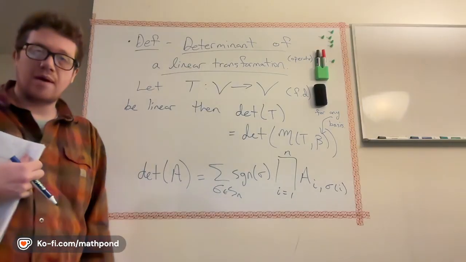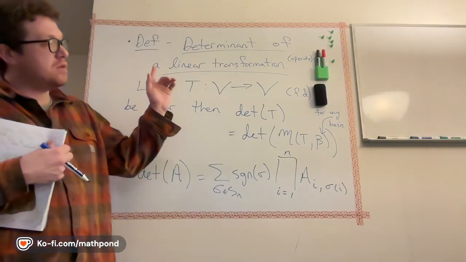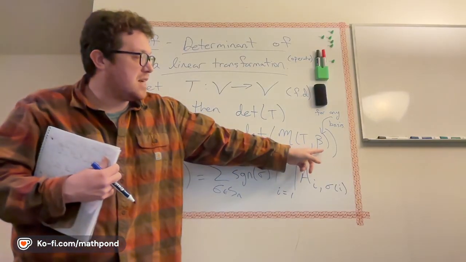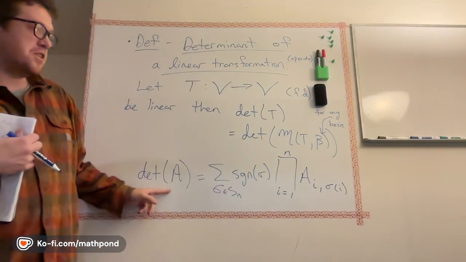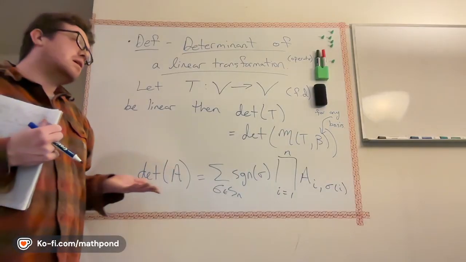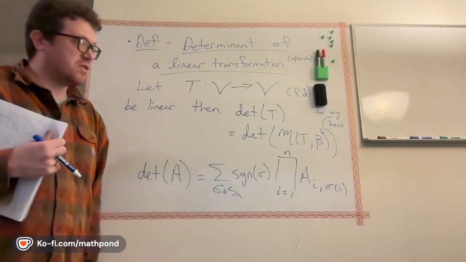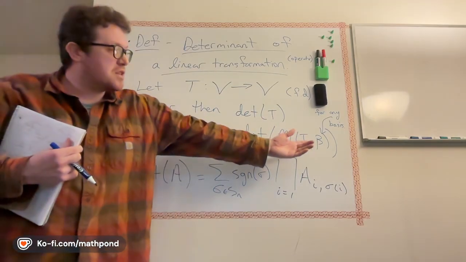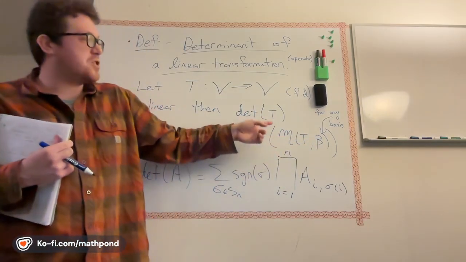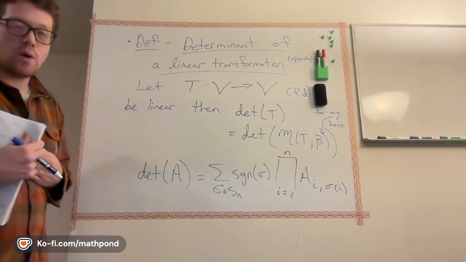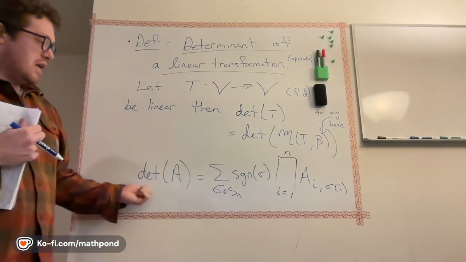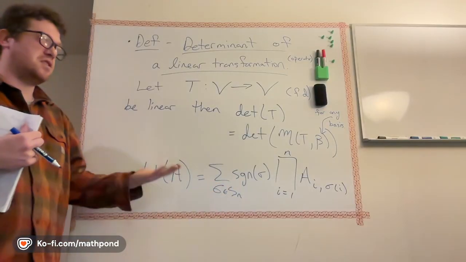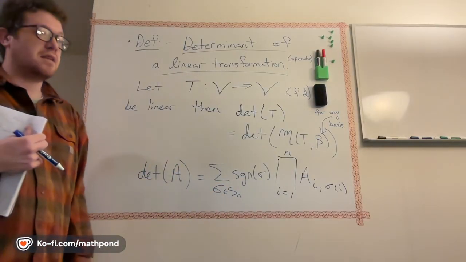Right, so the only thing about this definition, though, is it's not obvious that it's well defined, because I said here that I can pick any basis and calculate the determinant of the matrix, and I should get the same thing. But I haven't made any sort of argument for why that should be the case. Maybe if I pick a different basis, and I write down the matrix for the transformation in different coordinates, it's possible that when I calculate this determinant using this definition, I would get a different number. But that's just simply not the case.